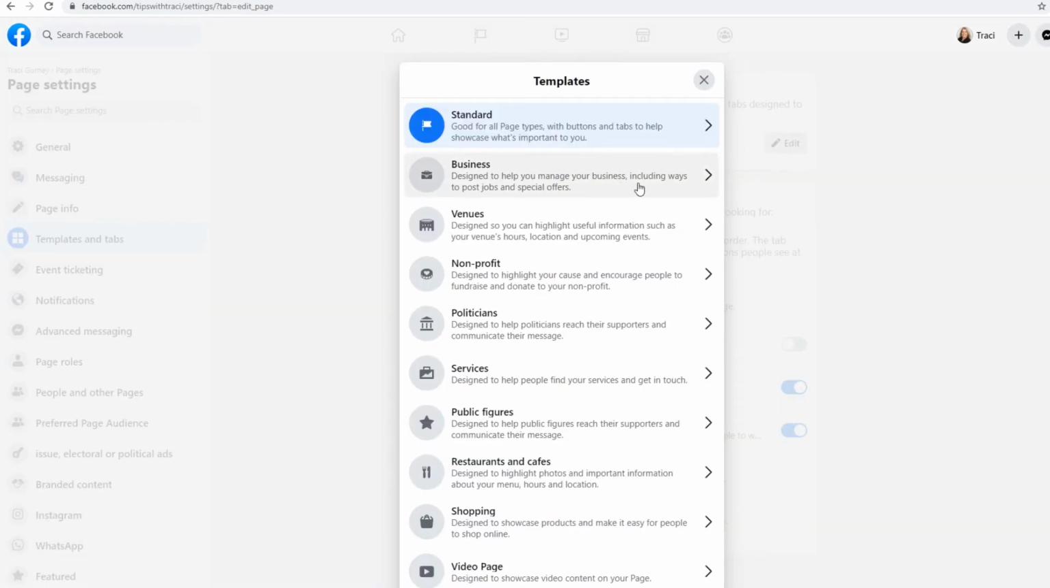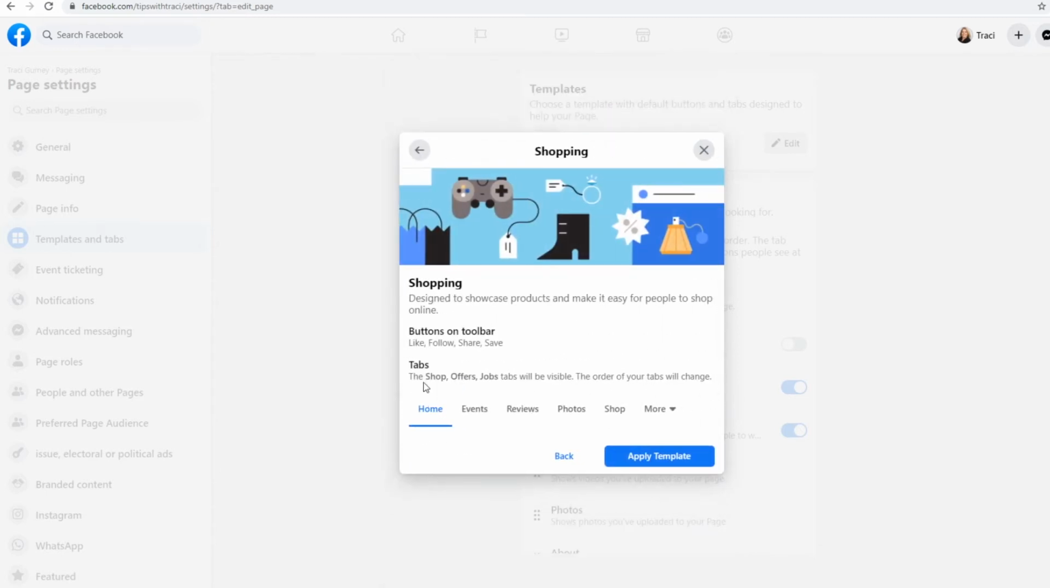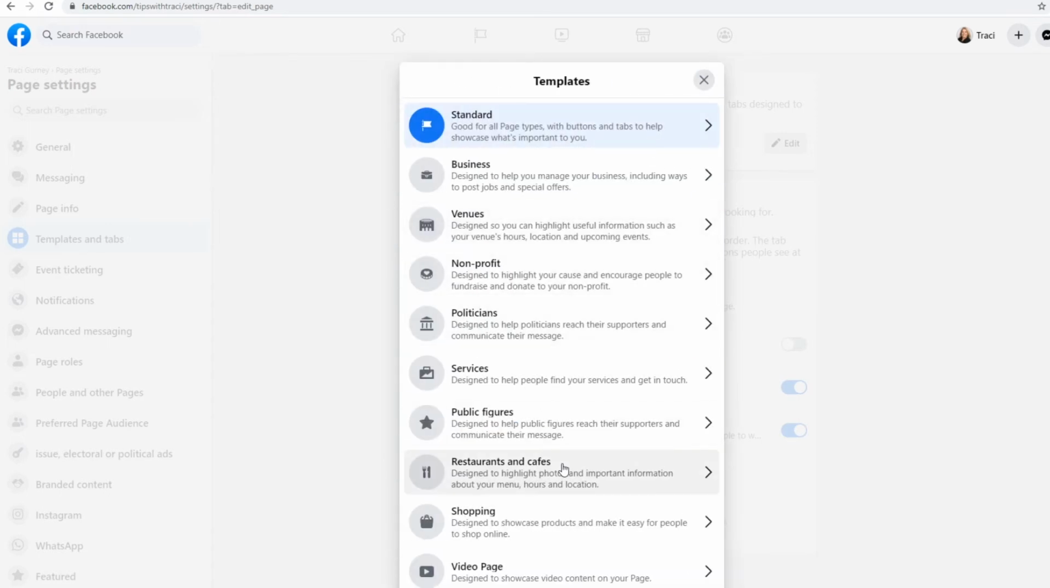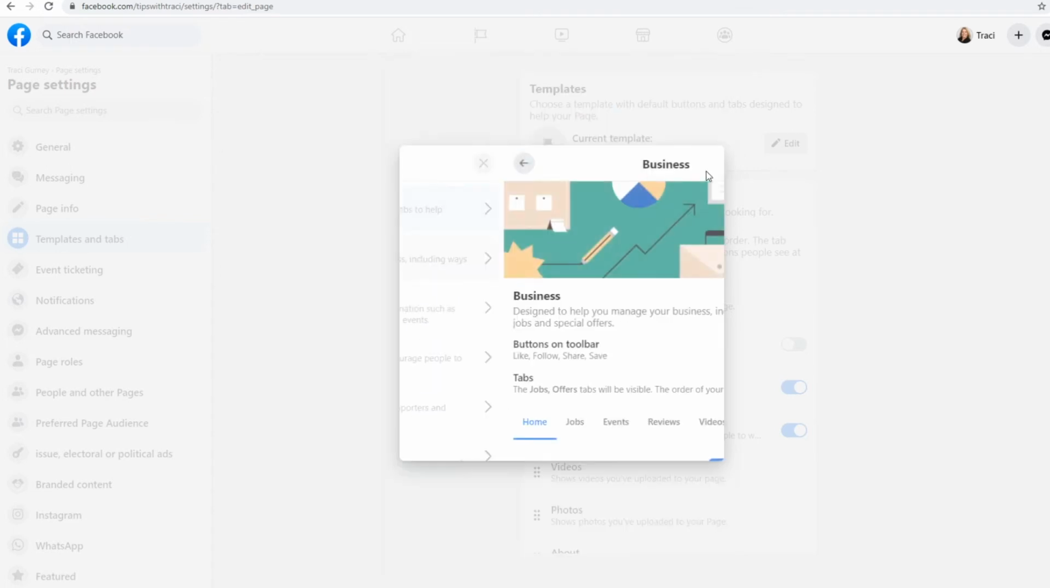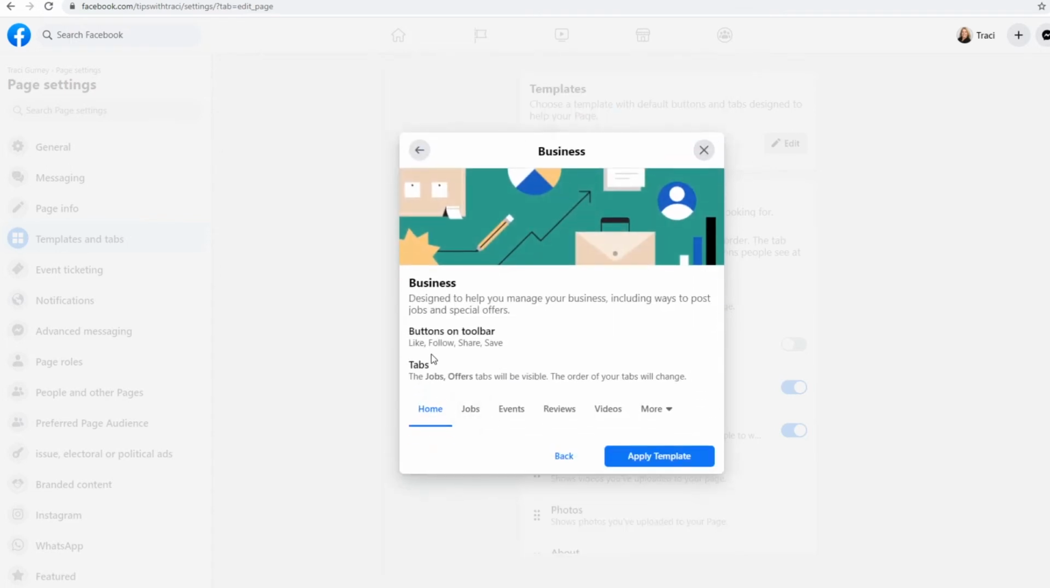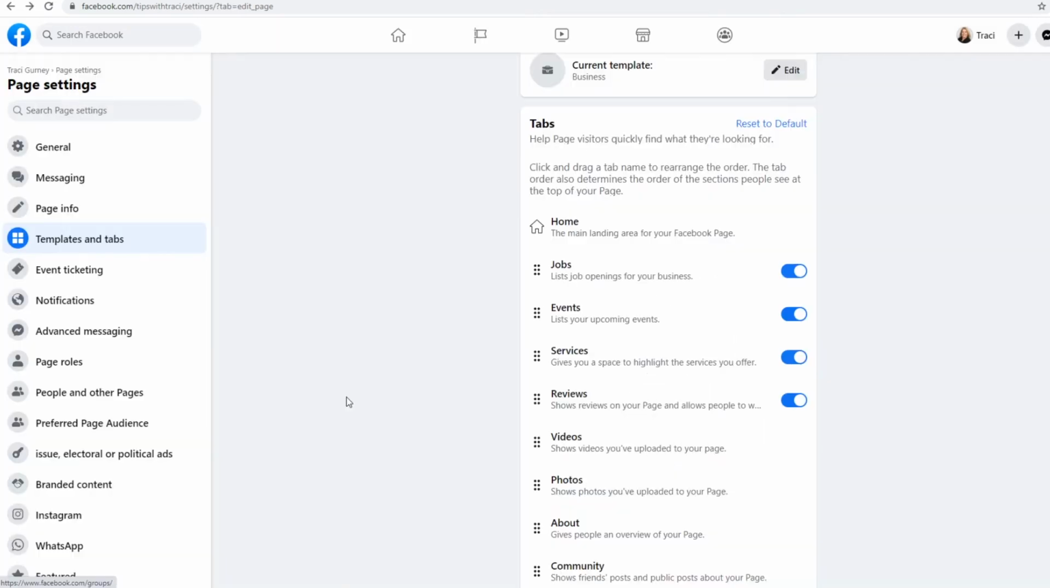So I have the standard. I could go to a business template. I could go to a shopping template where the tabs are shop, offers, jobs, and the buttons are like, follow, share. What you need to do is go through these to see which one actually makes sense to you. Most likely it's business, unless you're a local business like a restaurant. So I'm going to go with business, and I have follow, share, and save, and home, job, events, reviews, etc. So I'm going to apply the template,